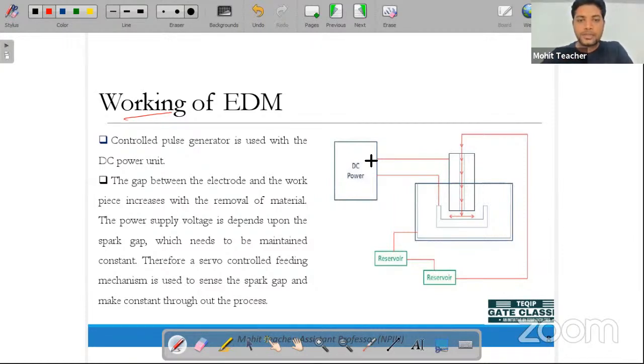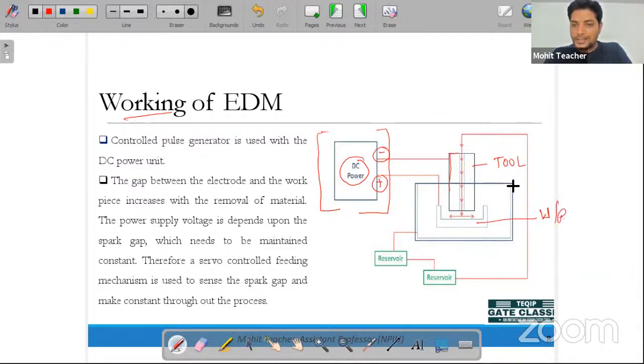So the first mechanism, that is the DC power supply, okay. This mechanism is nothing but the DC power supply we are using. This is the negative and this is the positive side. This is the tool portion, this is the tool, and this one is the workpiece, this is the container,